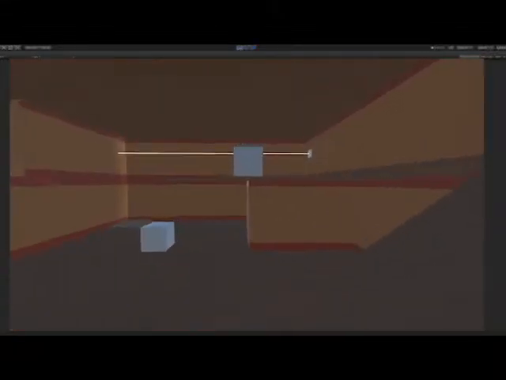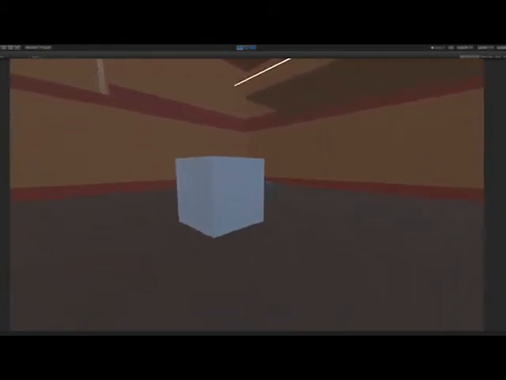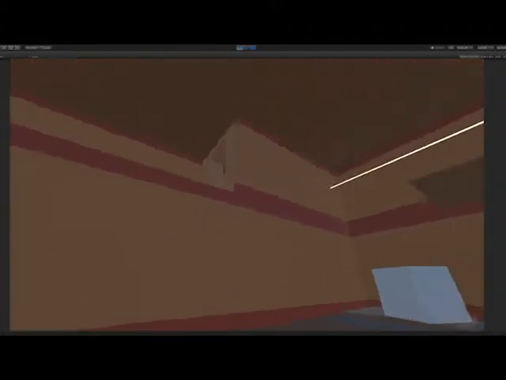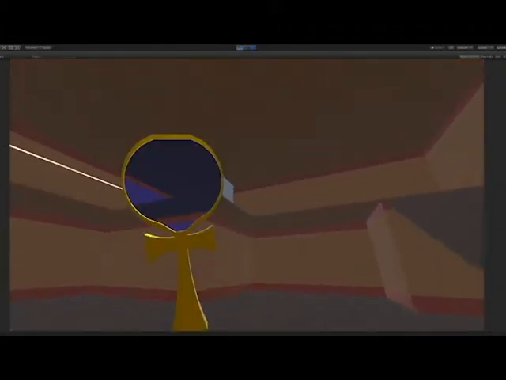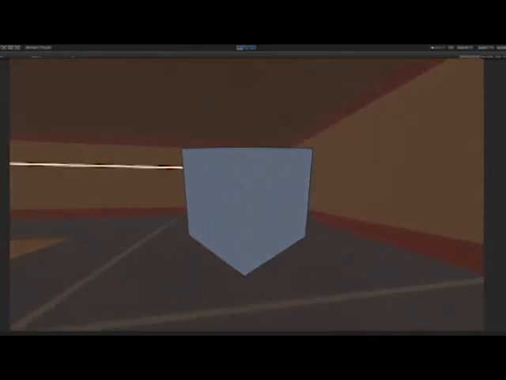So this is the test level I made. It has a simple premise where hopefully the player will come in, see this cube, and place it on the pressure plate, and see that it opens that door, and they'll see this cube up here, place it into the light beam,